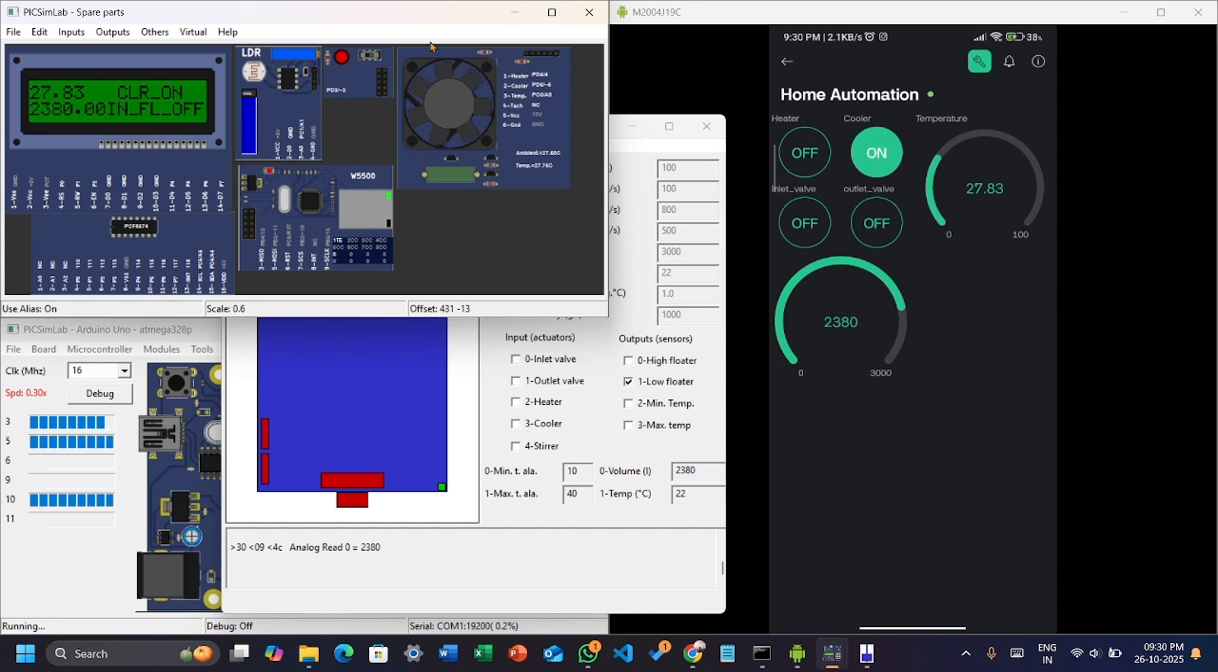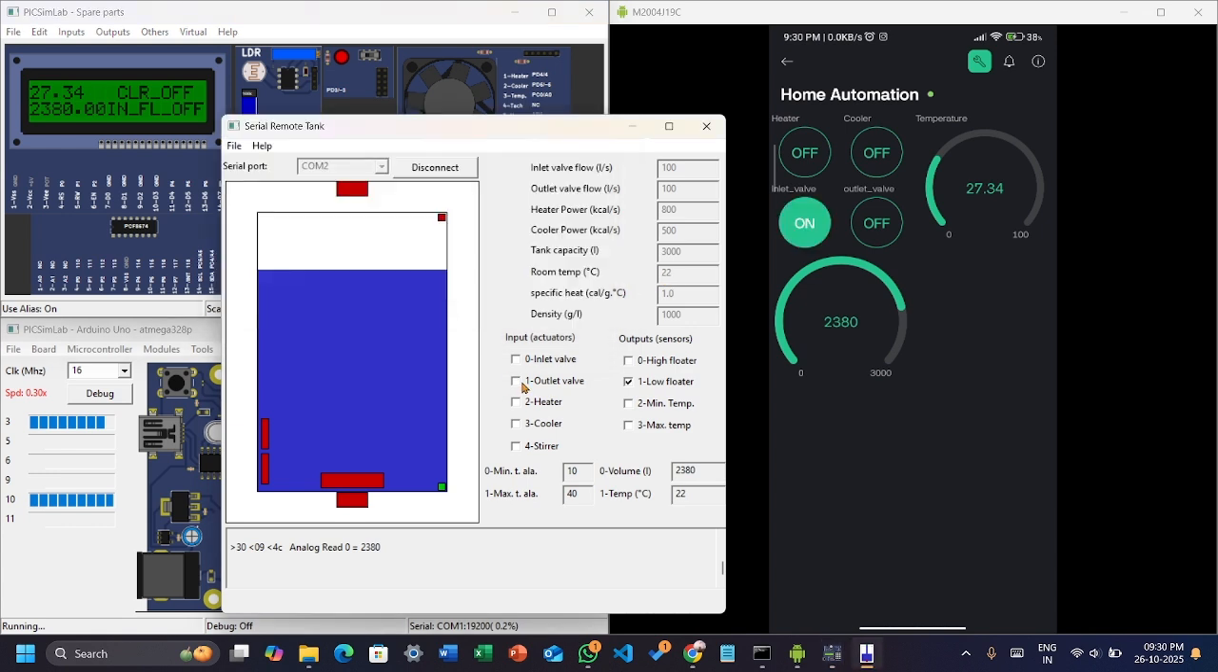Next, the fan is rotating, so it is getting some lag. Now the cooler switch is off, and the fan stopped rotating. Now the inlet valve again, as we can see, it is getting poured. So the outlet valve, it is getting